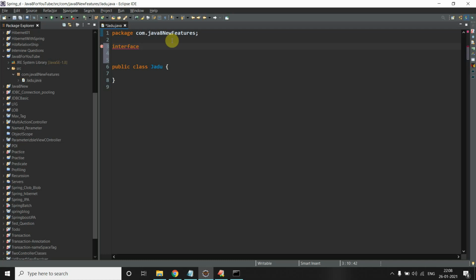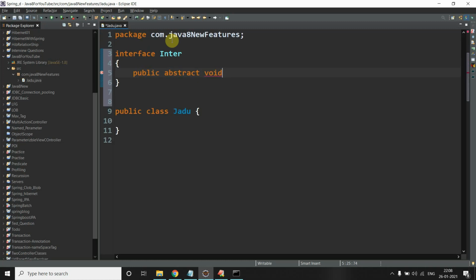I will use public abstract void m1. Is it visible, or do I have to increase the size?